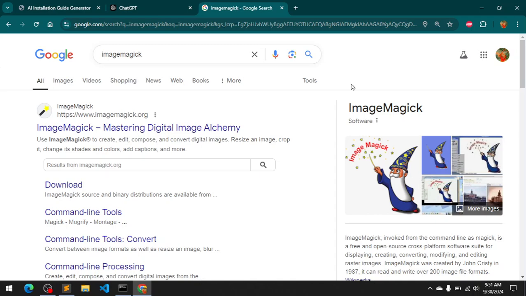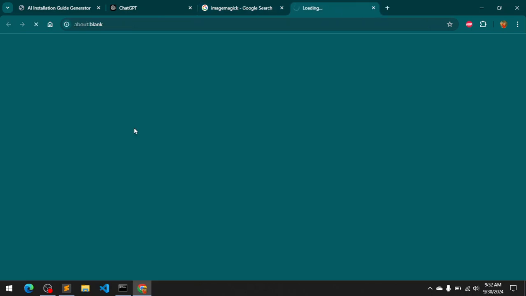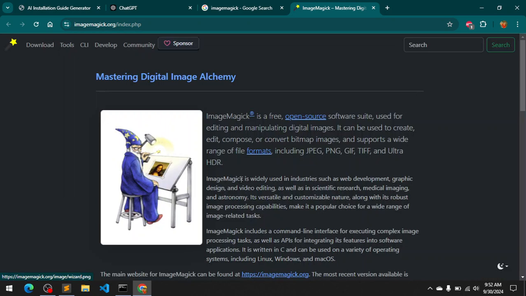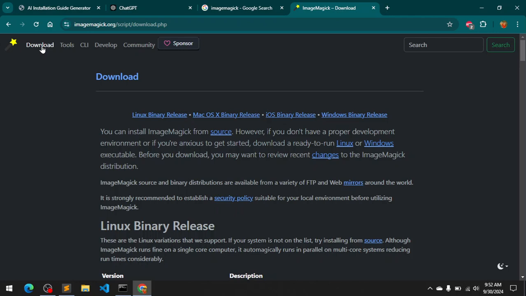In this video, I'm going to show you how you can install ImageMagick on your Windows 10 operating system. So launch your preferred browser, go to your new tab and then just Google ImageMagick and you should get this imagemagick.org link. And now you can simply click on this download button on the left top, and